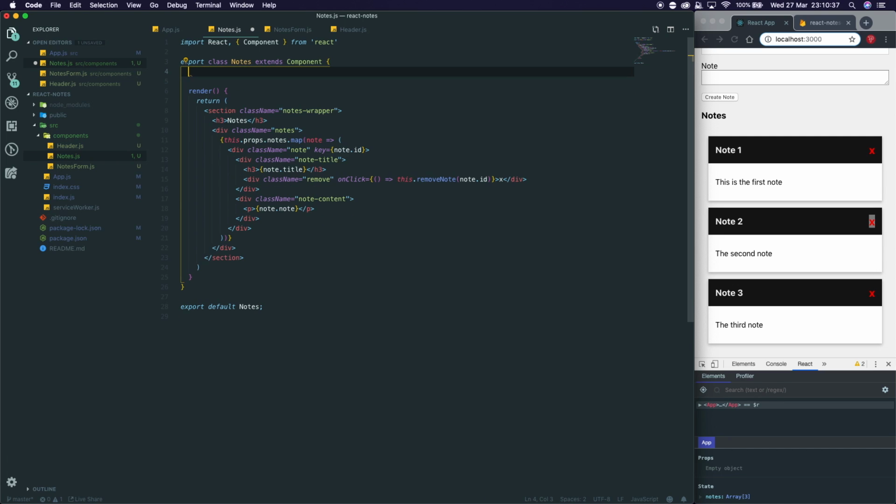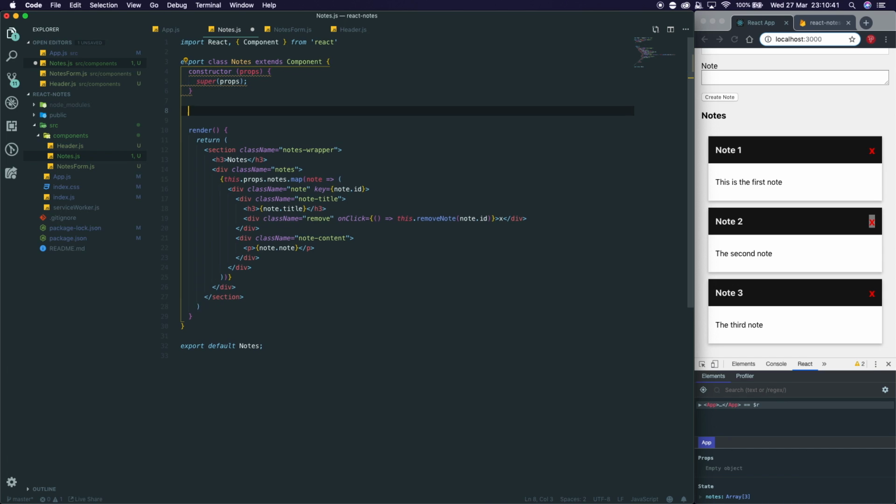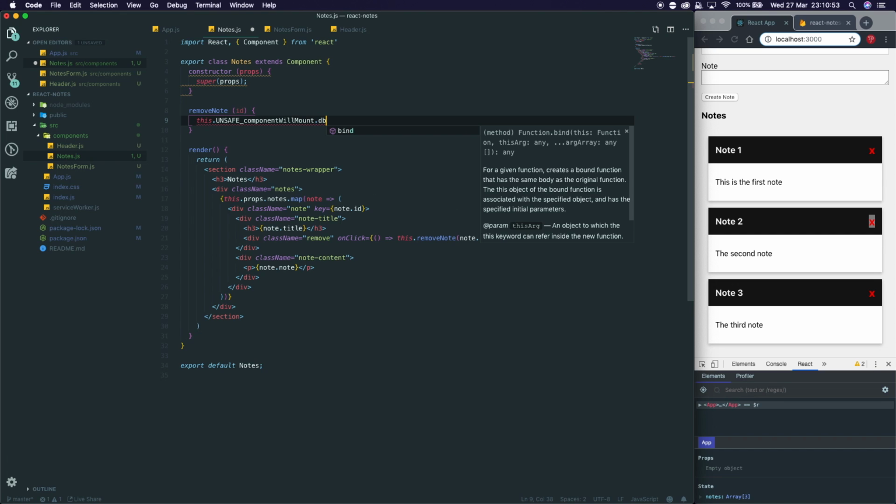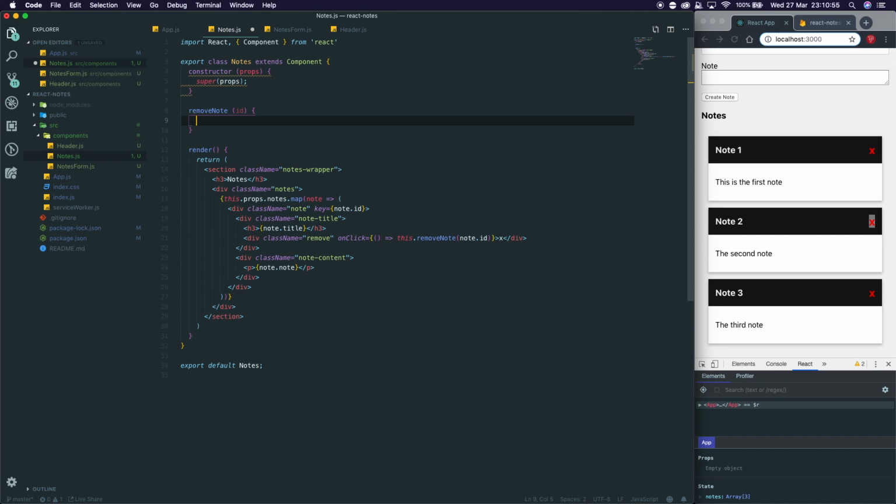And you know what? I'm starting to see that this is actually useless now. Or is it? I don't know. I'm going to keep it in there for now because it would annoy me if it's not. Remove note, and we're going to pass through the ID as we've said in our on-click event here. And in this ID, we're going to say this dot, actually, no, we're just going to write